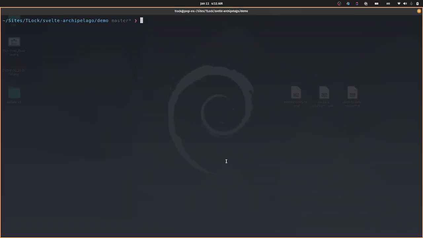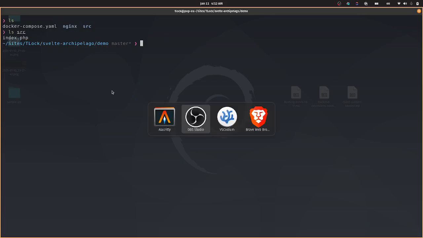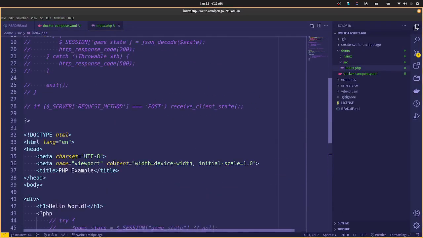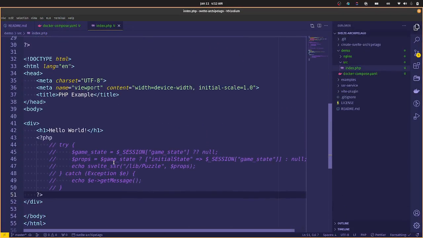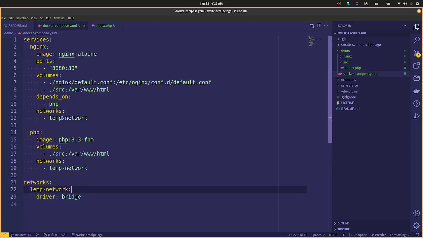Okay, so I'm going to start with an example just to show how quick and easy it is to get set up here. As you can see, we've got index.php, we've got an Nginx configuration, and a Docker Compose. So this is just a super basic hello world in PHP,